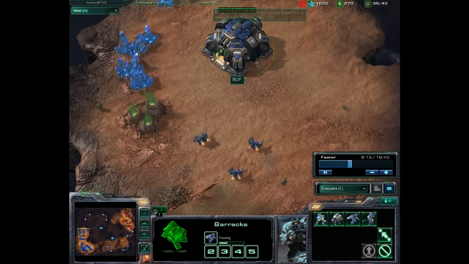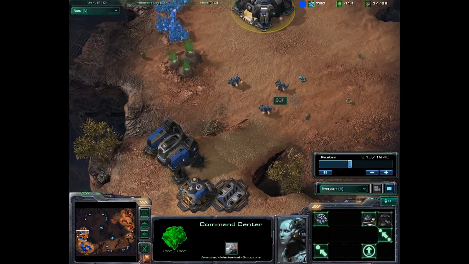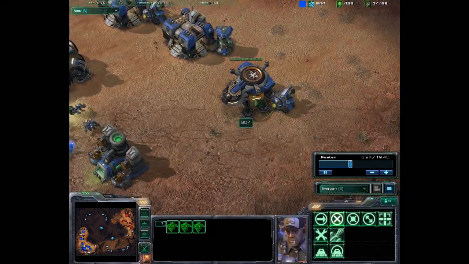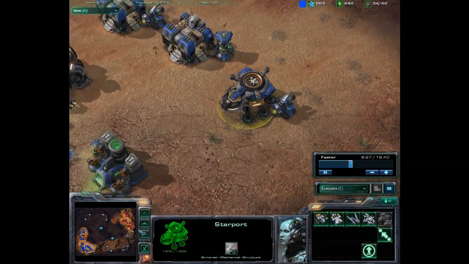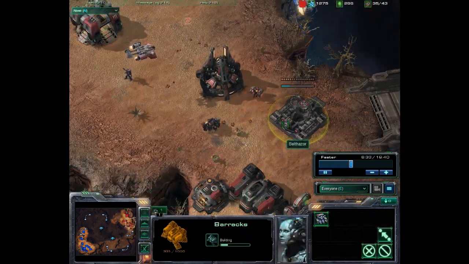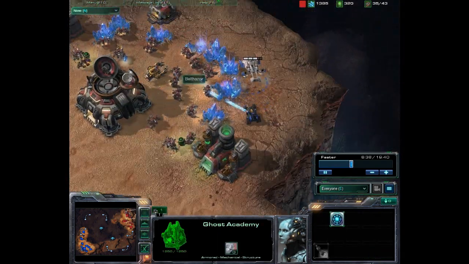And as it turns out, you know, he's expanded already. He's got 800 minerals in the bank almost. 3 idle SCVs over here. And his dropship's on the way to my base to come harass my mineral line. I'm building a second racks here. I notice it, and